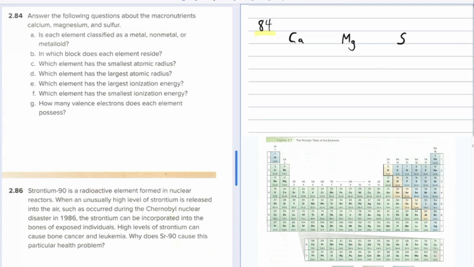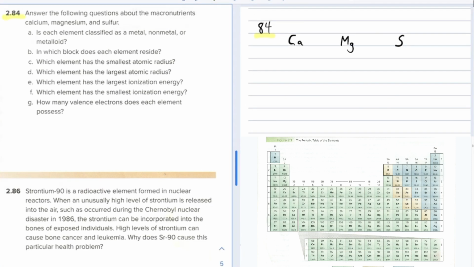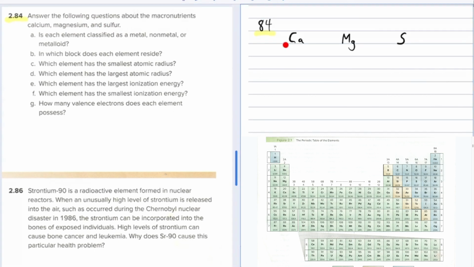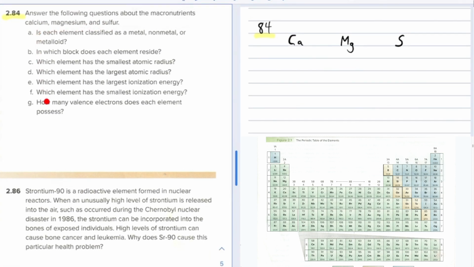Number 84. Answer the following questions about the macronutrients calcium, magnesium, and sulfur. I've written the abbreviations or the chemical formulas for these three elements. So you've got lots of questions here. The first one says